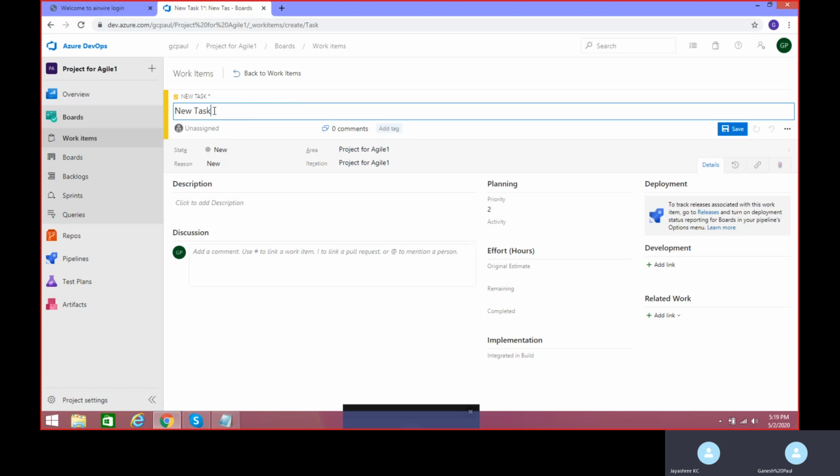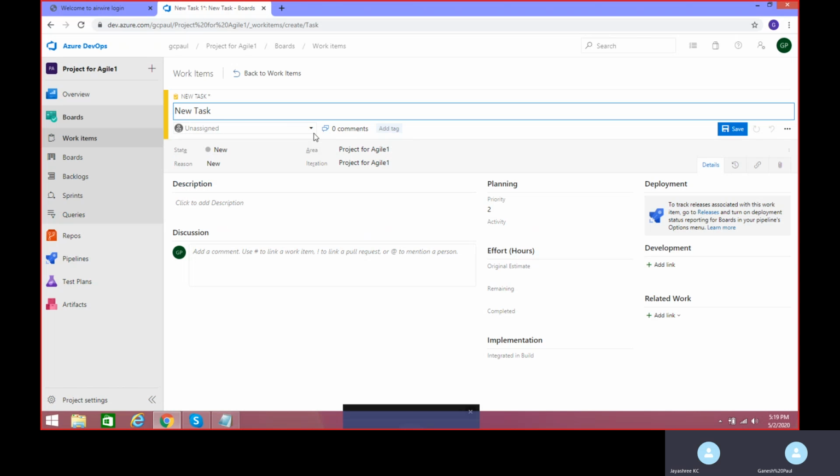Now, the first thing that you will have to enter whenever you are creating the work item is the title, because title is the mandatory field required. After the title, a few things are important so that we know where we are going and addressing this new task for, and for whom it should be assigned. Below new task, you see something called unassigned.